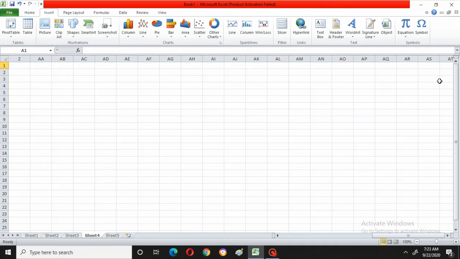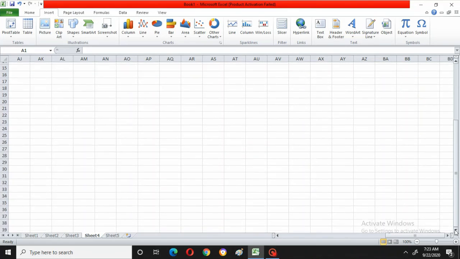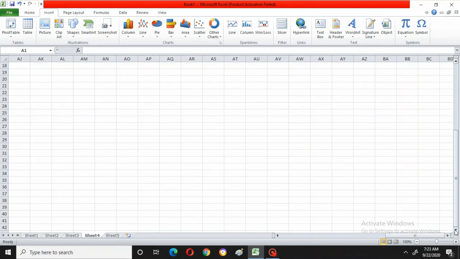After completing AZ, again it will go to B. Understood here? Again it starts with letter A: BA, BB, BC, BD, like that. So like that till Z it will go. So these are the columns, okay? And if you want more rows, you can come down like this. You can just scroll it, okay, like that.